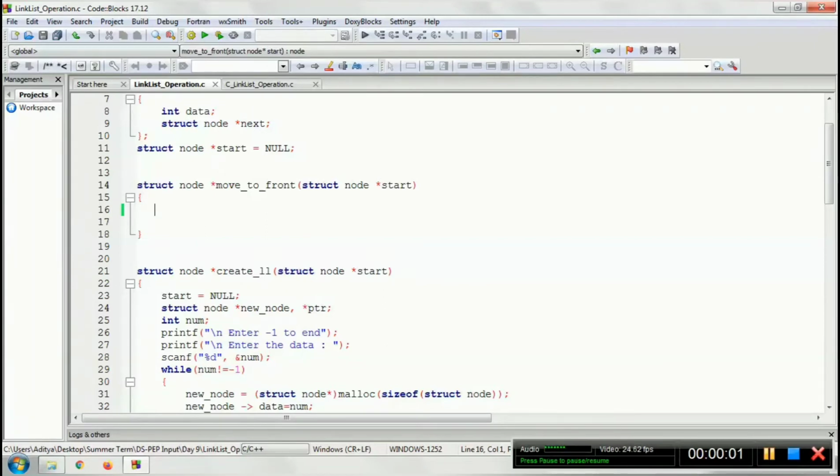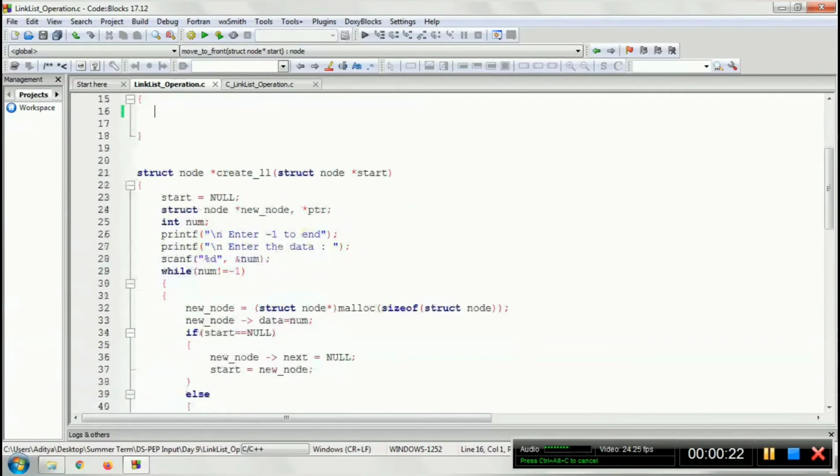In today's video, we will see two programs. The first is an operation on the linked list. The second is an operation on a circular singly linked list. On a singly linked list, we will try to move the node to the front. Whatever the last node we have, we will try to move that node to the front. Rest of the code is done in this particular program.